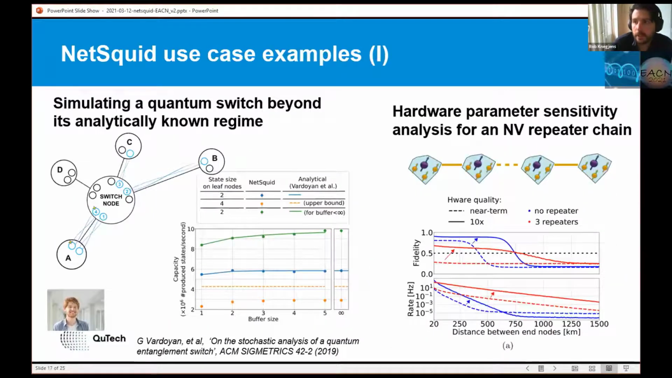So then I will go over a few use cases. Co-author on our NetSquid paper, Tim, worked on simulating a quantum switch beyond its analytically known regime. So this switch essentially sets up GHZ states between the nodes it's connected to. There was a